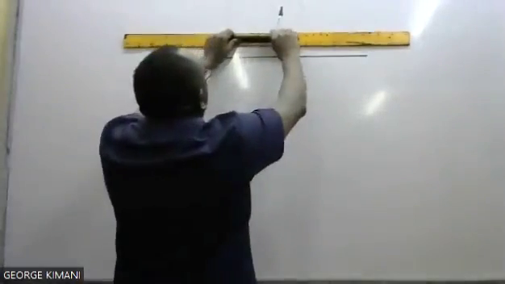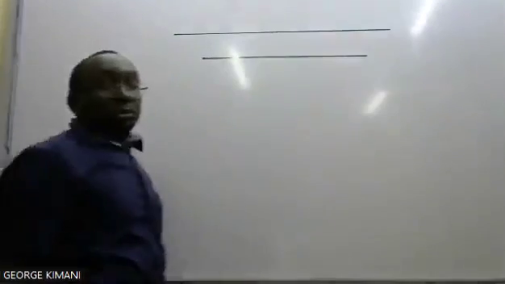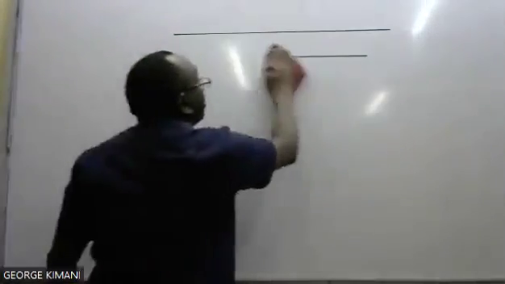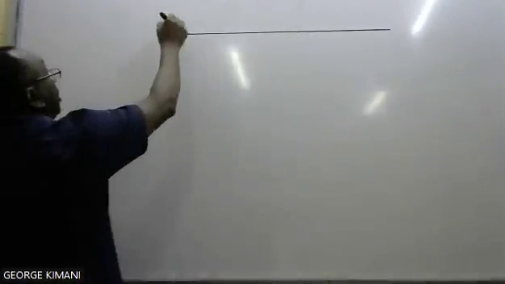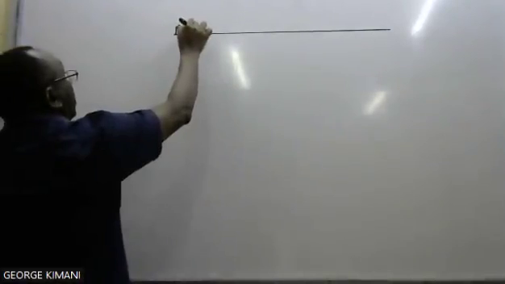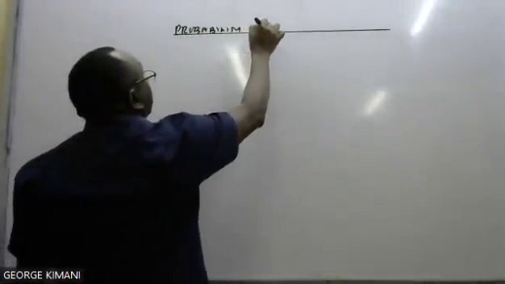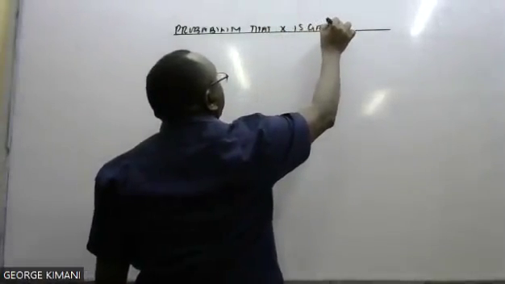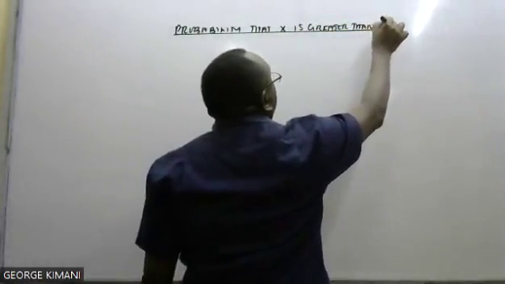Greater than. When they tell you the probability that x is greater than 23,